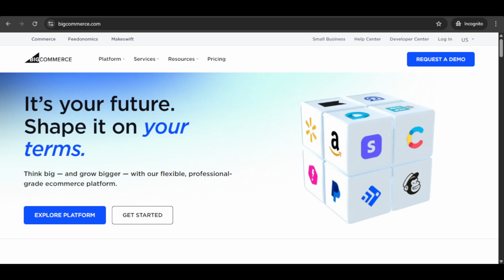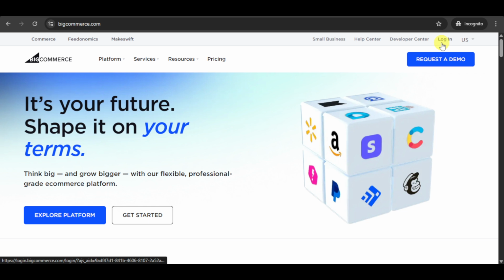In this video, I'm going to teach you how to connect BigCommerce to Google Shopping. So once you have connected different platforms to each other, it should be able to enhance the visibility and range of your products. First, head over to BigCommerce.com, and if you already have a store or an account, proceed to